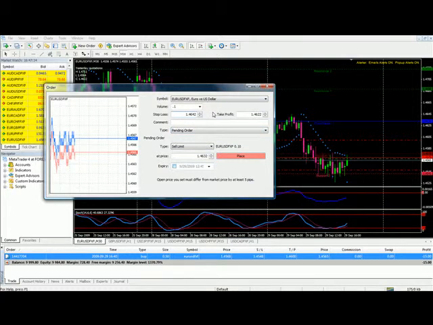We're going to go ahead and put in this order. Now remember, this is a pending order. It's a sell limit, meaning that we're projecting it to come back up to the pivot level or somewhere around there, put in a sell order, and then come back down. If it never hits the